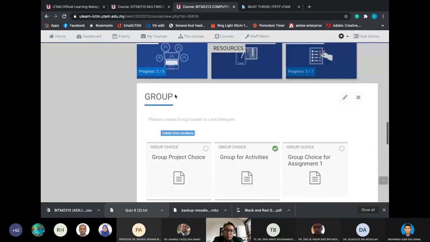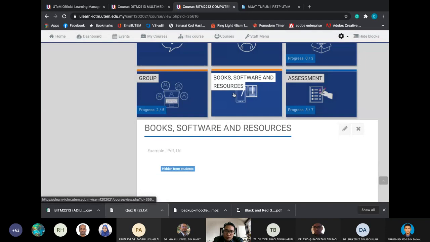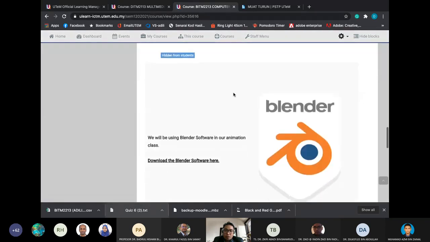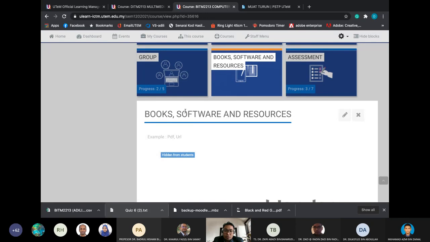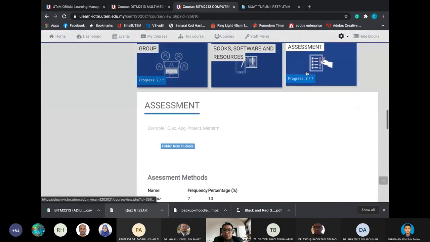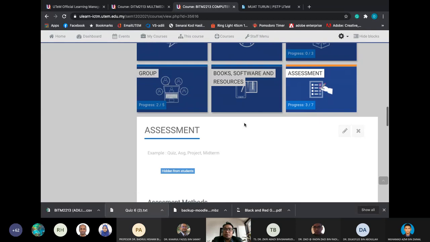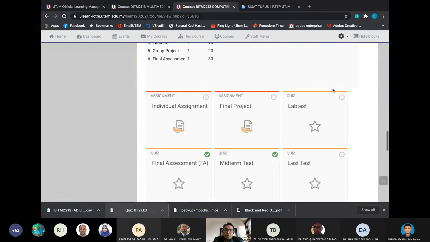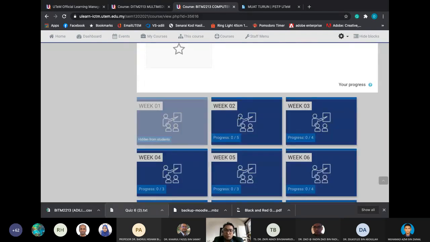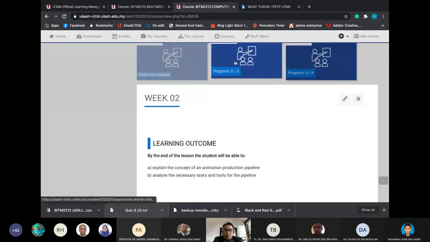And group, if you do grouping, please put it in this group. Same goes for software or resources. Let's say for me, I have very important resources, software that I put in here. And assessment. Every single assessment, graded assessment, graded activities, you should put them under assessment. The non-graded activities, please put them under each week. Let's say week 2 you have a different